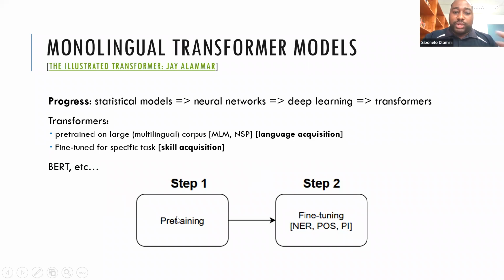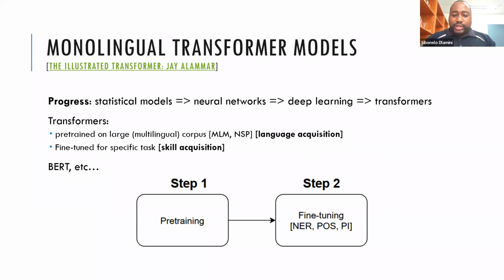The first one is called pre-training. Pre-training is when we train this transformer on a very, very large corpus of text. For multilingual transformers, that corpus will be multilingual. For monolingual transformers, it will be monolingual. We pre-train it using the masked language model task and also the next sentence prediction task. Well, that is what BERT uses. The other transformers will use different tasks, but basically